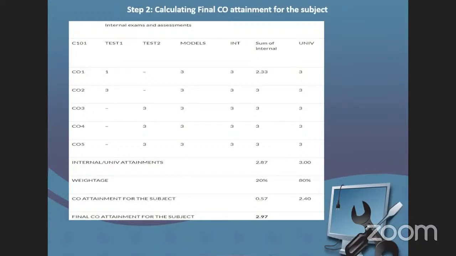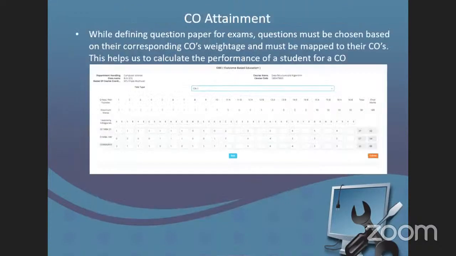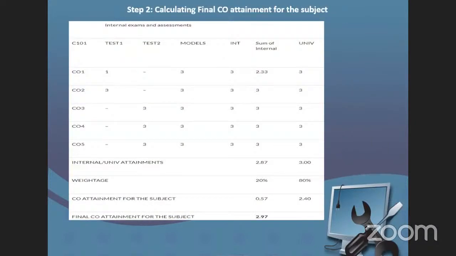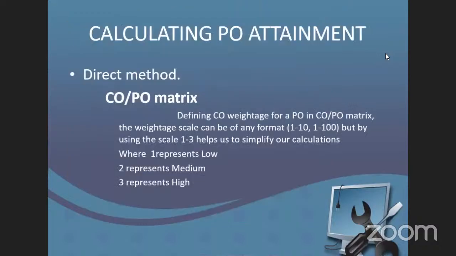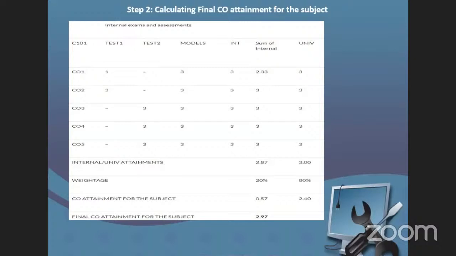Right? Any doubt till this? This is how I need to calculate the CO attainment for all the subjects under my program. We have two methods here, direct and indirect. Direct is nothing but your internal exams, internal metrics, and your university exam. Then indirect is nothing but your